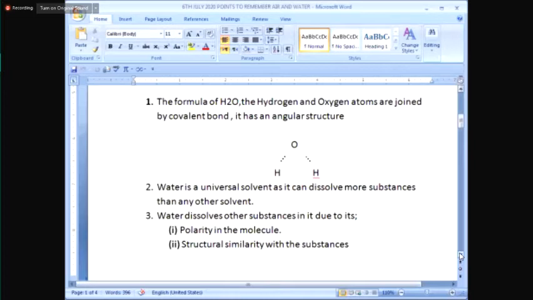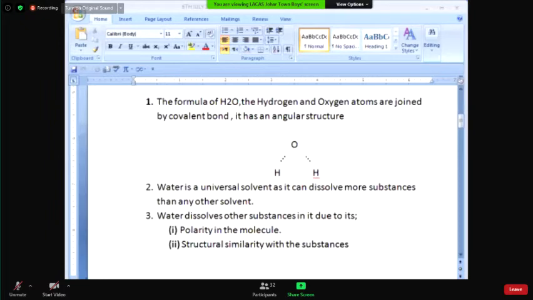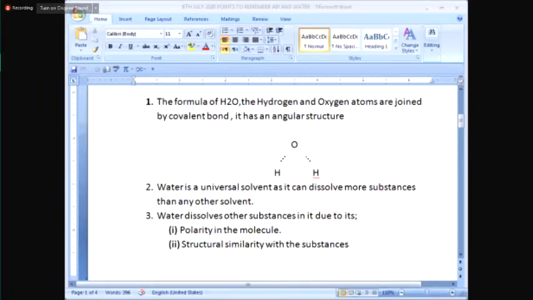If you're asked to read it in moles, you will say that the formula of water contains 2 moles of hydrogen atoms and 1 mole of oxygen atoms. Remember my point, which I repeat in the class, and I'm repeating for you all: the formula of any substance, may it be molecule, compound, ion, represents only 1 mole or 1 molecule or 1 formula unit. Now I'm talking in terms of moles. So 1 mole of water contains 2 moles of hydrogen atoms and 1 mole of oxygen atoms.